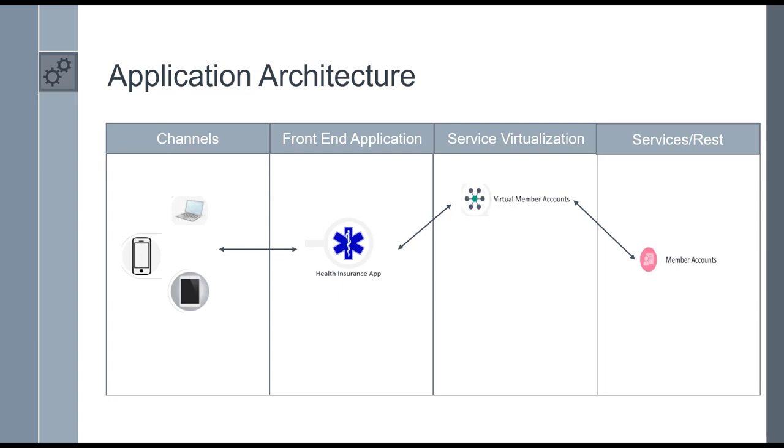So whenever the member account stops, the continuity of the application will not stop because the service virtualization, which is a virtual member account, will be providing the data for the health insurance app